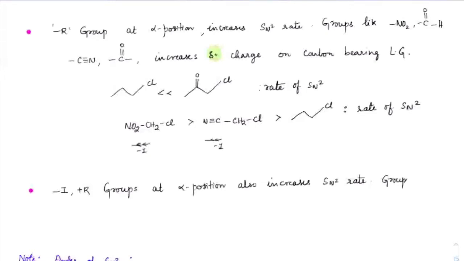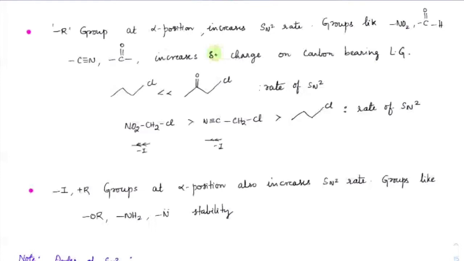So groups like OR, NH2, NR2, right, will increase the stability. Oh sorry, not NR2, NHR, because with NR2, steric crowding will also increase, so that will compete, so we can't judge that. So NH2, NHR, OR,